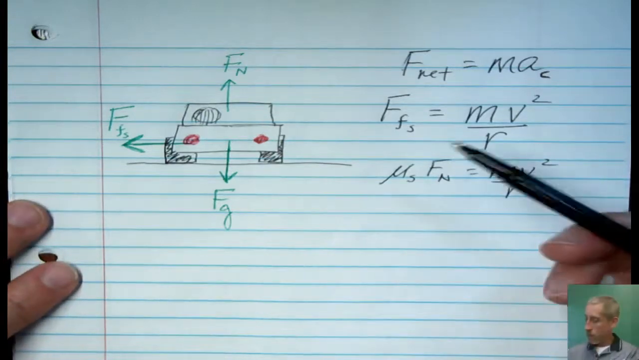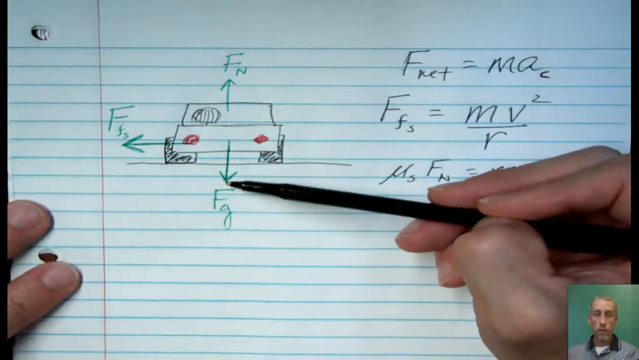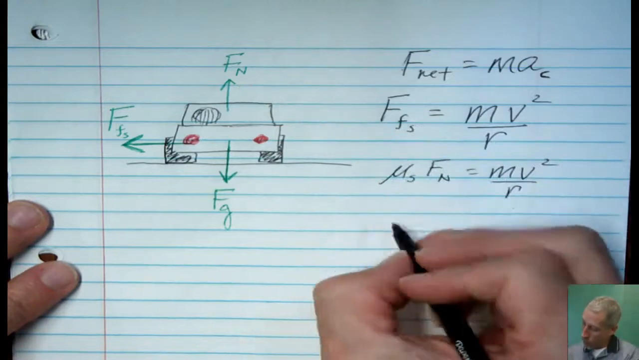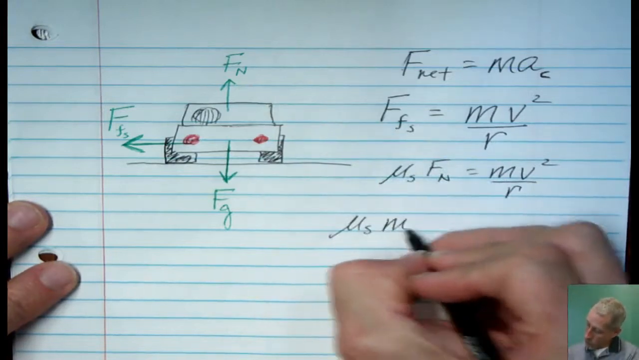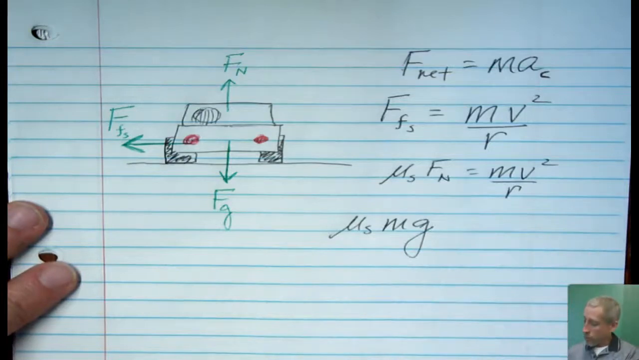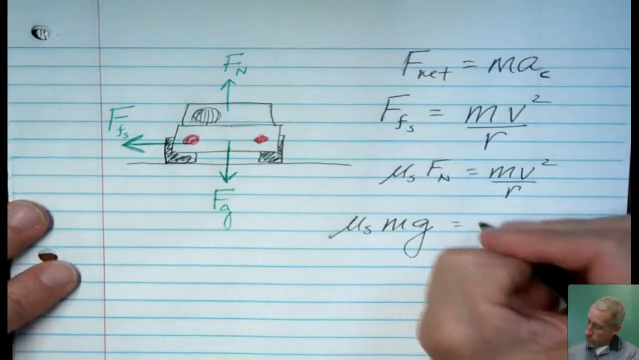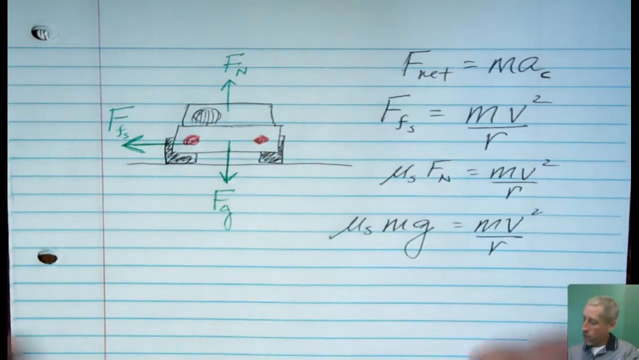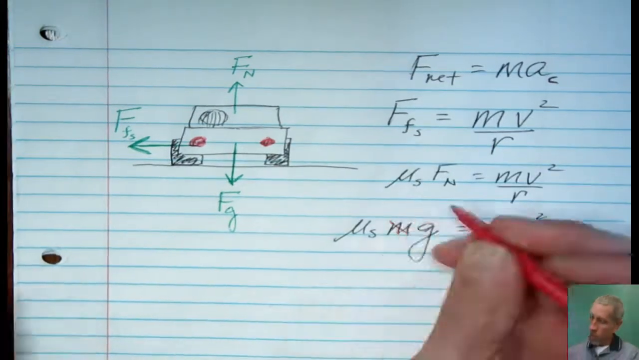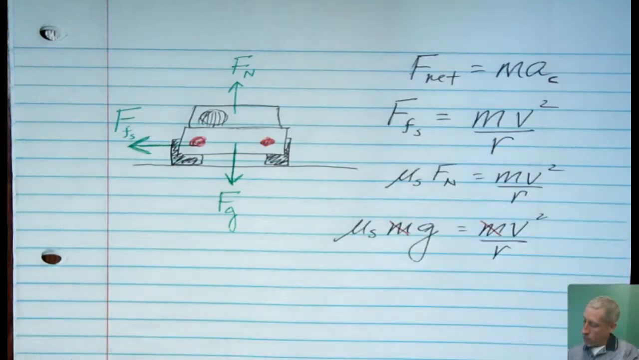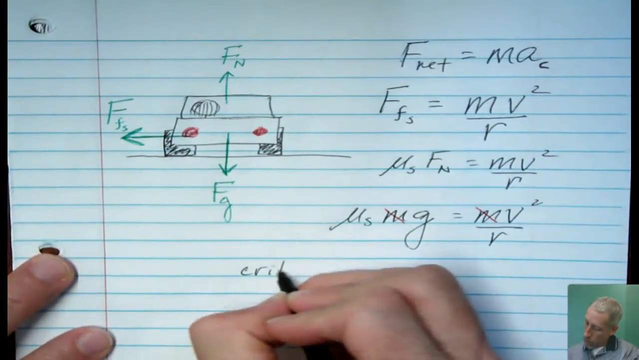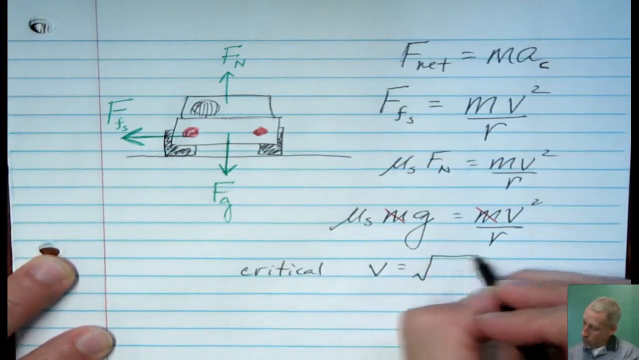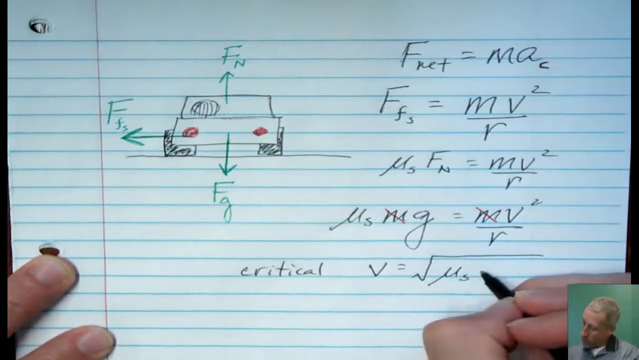So now I'm going to replace the normal force with what it's equivalent to in this situation. It's not always equal to gravity, but it is here. And so I can replace that with m times little g, the strength of the gravitational field here. And then it becomes a little bit of algebra, just simplifying things. For example, canceling out the m's, moving the r over to the left side, taking a square root, and we will get an expression for this critical speed, just solving for v, of the square root of mu s times